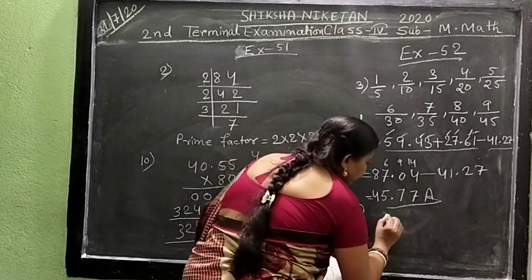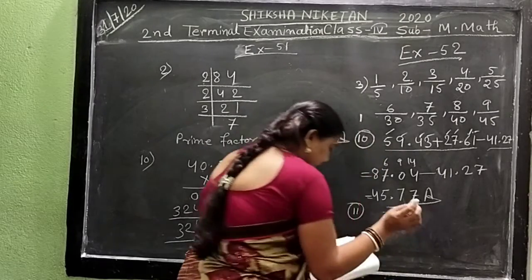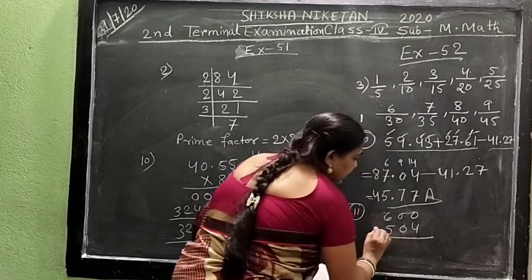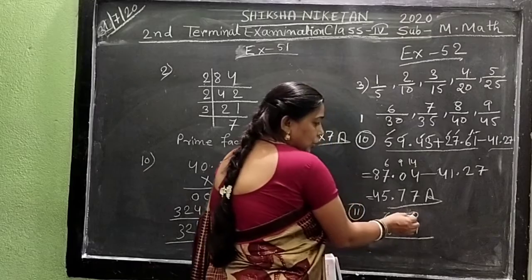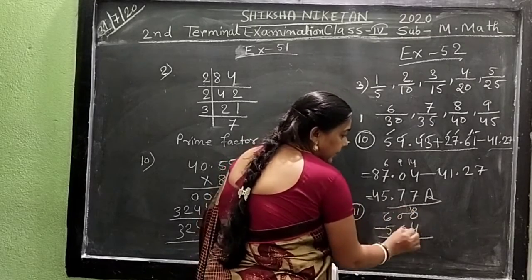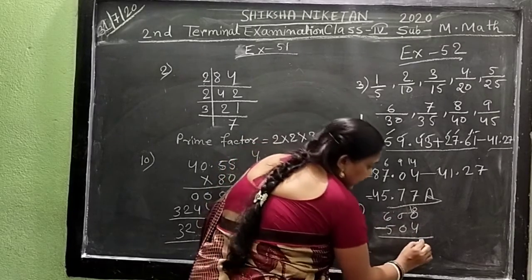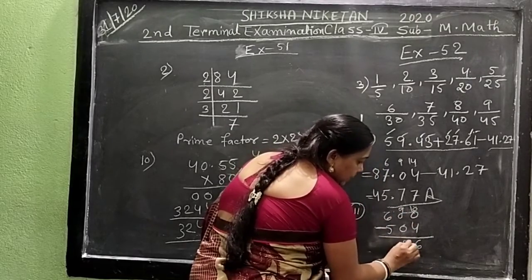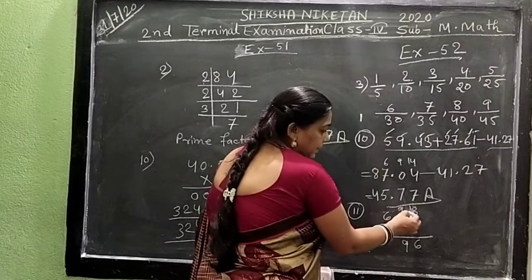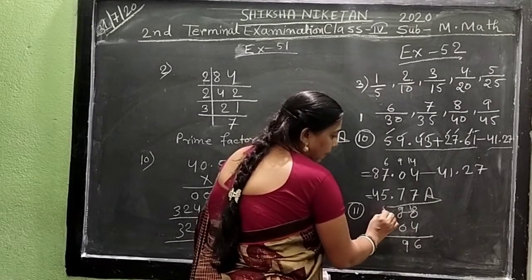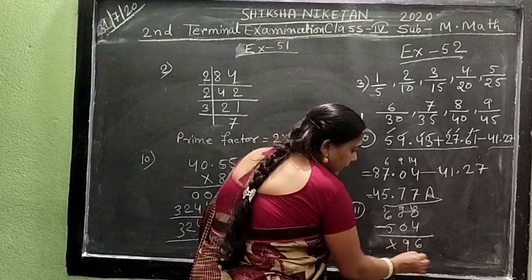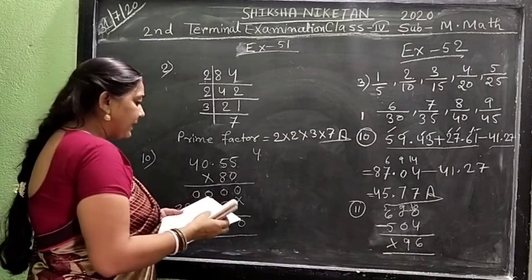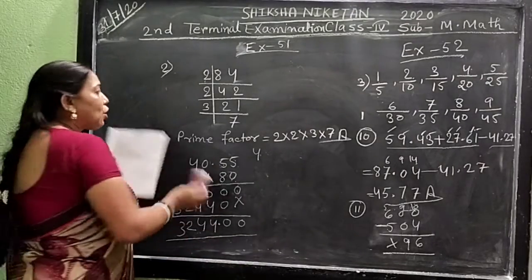From 600, we write 600. 5 tens 4 ones means 504. Then we subtract 4 from 0. 0 is no number, so take carrying over 10. 4 from 10. Answer is 6. 0 became 9. There are no numbers, so we write here 9. 6 became 5 because of carrying over. 5 same number, so we cross. Okay. Everyone practice all maths in your copy.